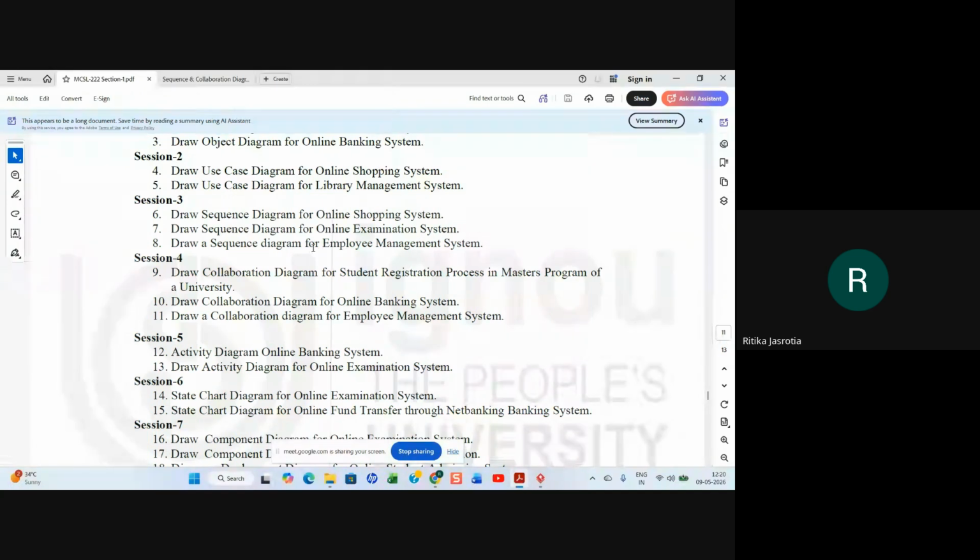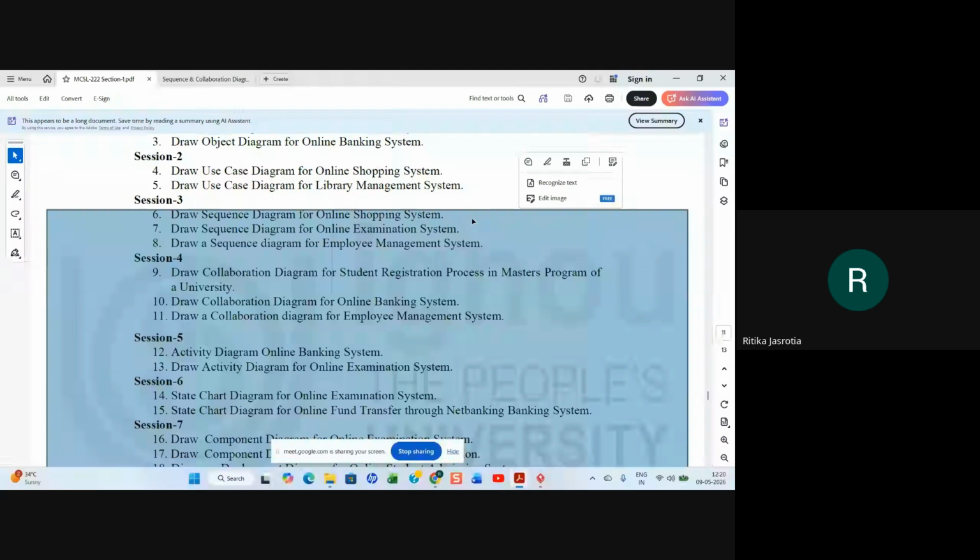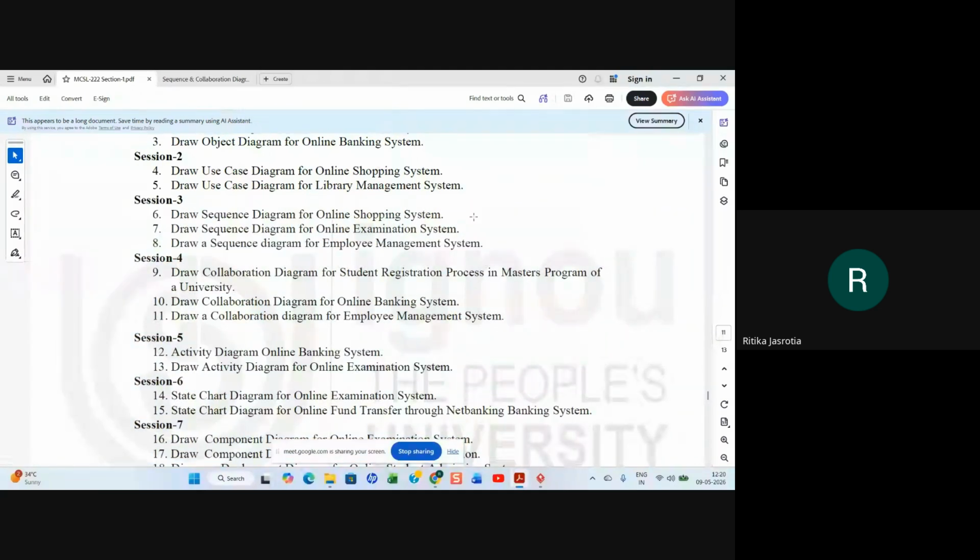So now consider the employee management system. What scenario do you want to take: login, salary, or attendance? Attendance management, ma'am, because that will have multiple stages. Okay, take it. Then what all things will you require in attendance management? First is the login. The employee will log in, the verification will be done from the database, and time in will be marked.